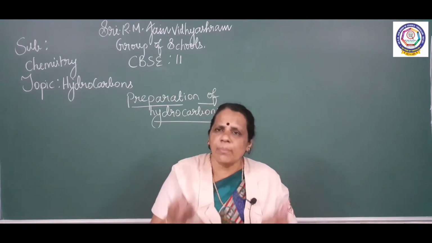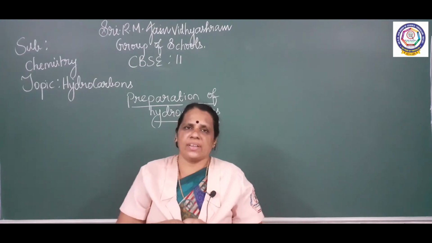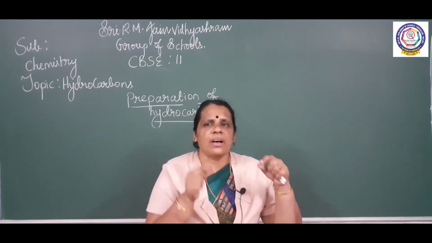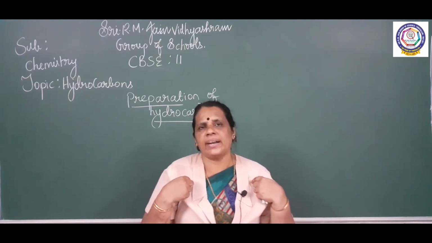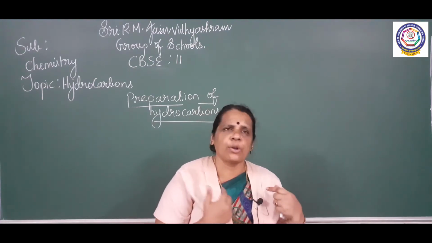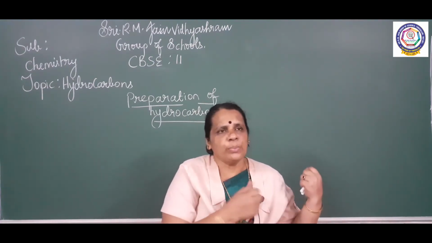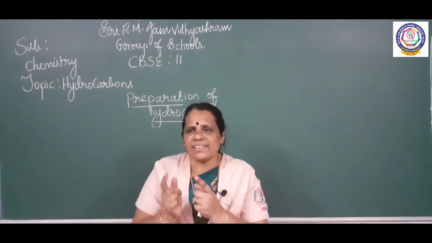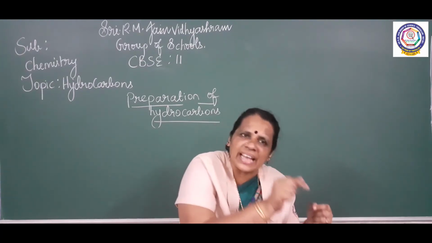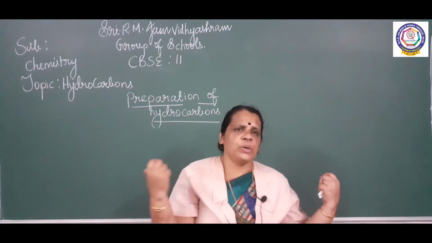The next one, from alkyl halides, I told you, is reduction. Reduction is nothing but addition of hydrogen. Here, what is the reagent I have used? Zinc and dilute HCl. In the presence of zinc and dilute HCl, I have added hydrogen. What is the reactant I have taken? Methyl chloride. We are adding hydrogen to methyl chloride. One hydrogen is added to carbon, another hydrogen is added to chlorine. So methyl is converted into methane, whereas hydrogen reacted with chlorine to give hydrogen chloride gas.